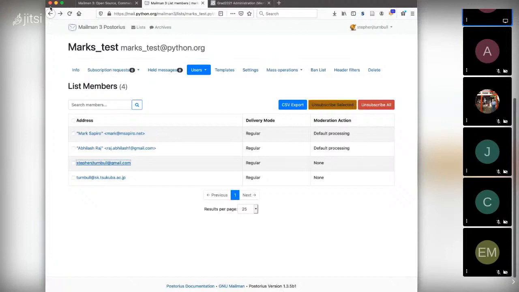Now, this, of course, can be done by a program. We do have the REST API, and obviously if Postorius is talking to Mailman Core, where moderation actually takes place through a REST API, then you can write a program to do this. And in fact, one of the libraries that I mentioned earlier is called Mailman Client, which provides a bunch of Python functions for doing exactly this kind of thing. However, your typical mom and pop list admin doesn't know how to do this. That's why we have the web interface, right?